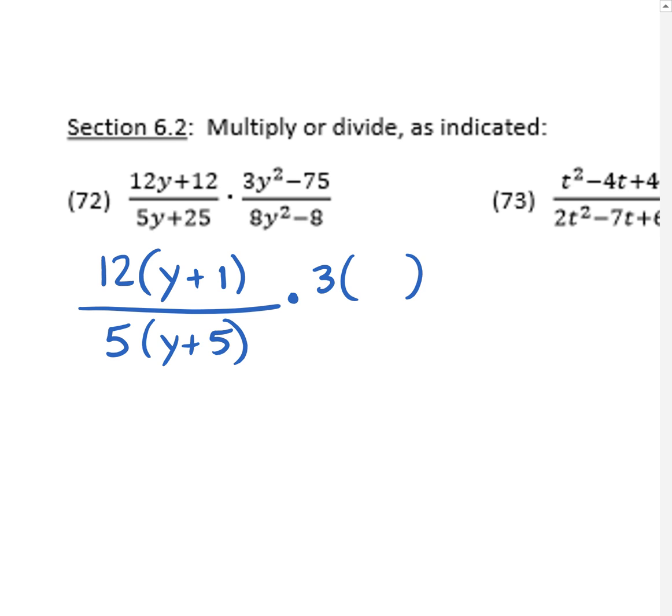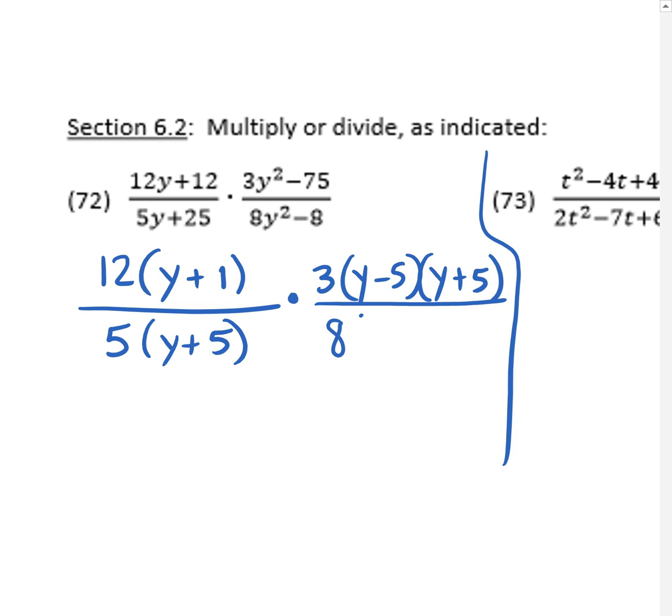If you factor a 3 out, what's left is a difference of squares. The difference of squares will factor into y minus 5, y plus 5. So that, I wouldn't do that all in one step. You gotta go off to the side and factor that yourself. The denominator is kind of similar. An 8 factors out. Once you factor an 8 out, what's left is a difference of squares, y minus 1,